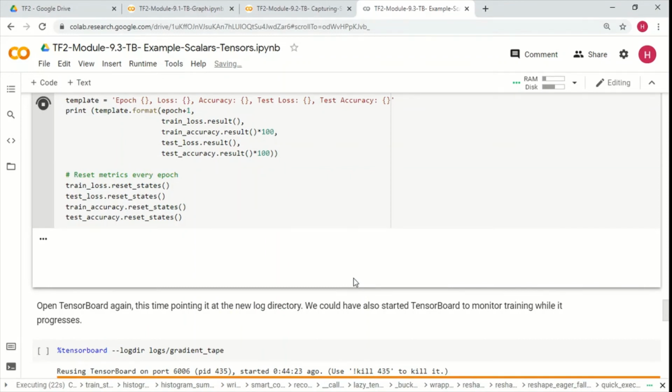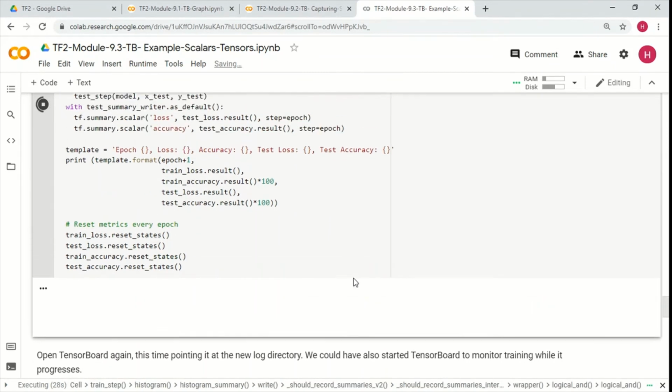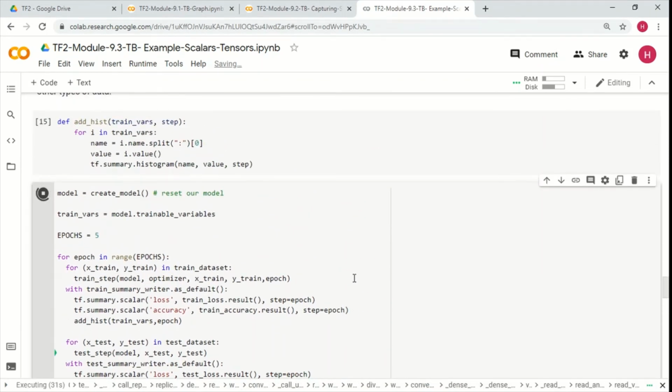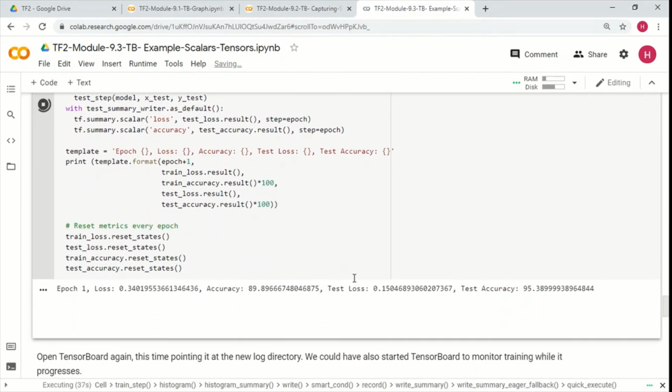If you really want to have a little more control over what you log and how you log it, then we can use this particular method. We have our own training loop and we can capture whatever we need to. The easiest approach is to use Keras. That itself is sufficient for, I think, probably more than 95% of the cases. But if you have something special, then you can use this particular method to capture whatever is needed. We'll keep observing this loss and accuracy, how they're progressing throughout the training.